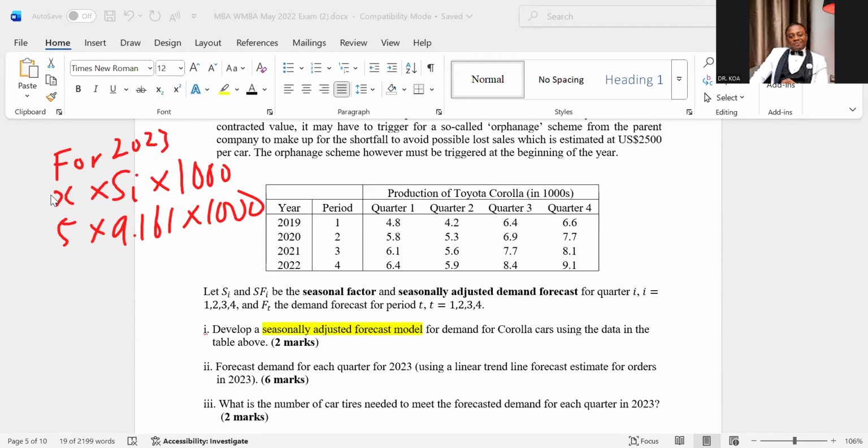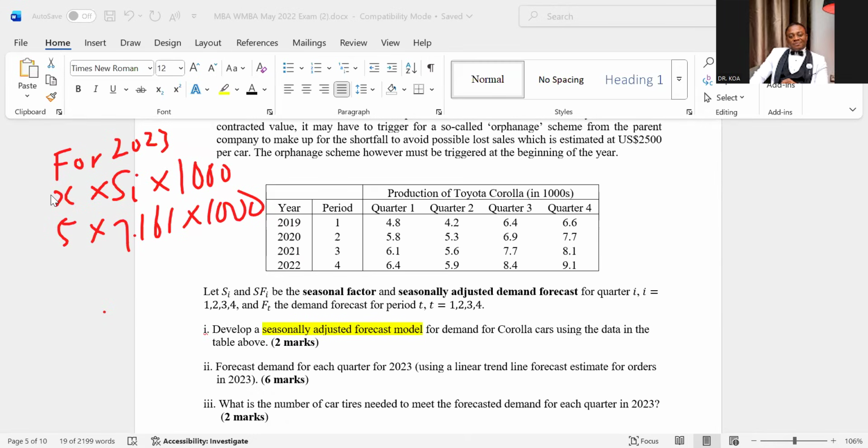That would be 7.161. I was trying to be sure that you are all following. So now you are actually following. So do that and tell me the value for each of them.